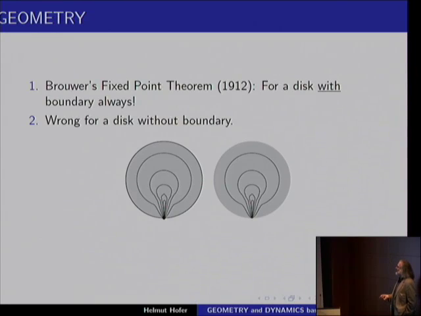The answer is no, because you can construct an input-output machine where the only point fixed is on the boundary, and everything is moved in this direction along the circles. So in particular, the boundary is mapped into itself, so you just remove the boundary, and the only state which is ever fixed is gone. So here is a machine which has no fixed state.